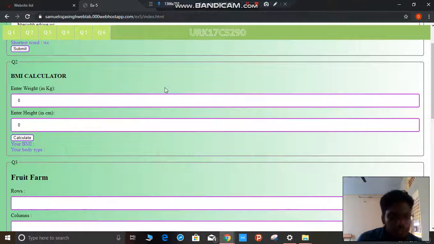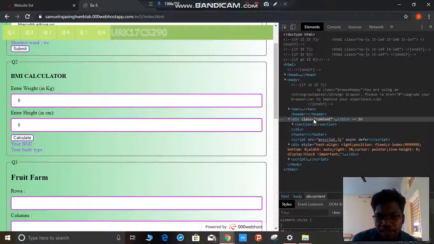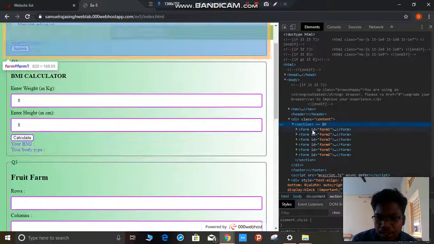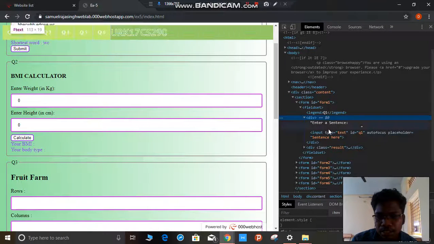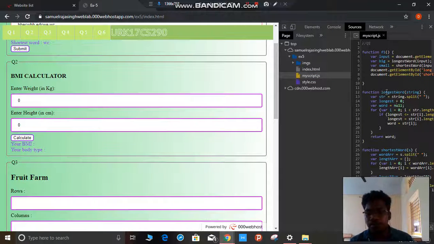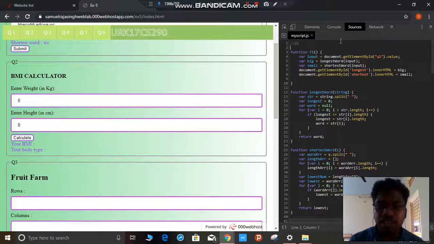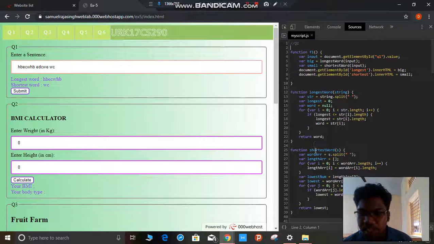So I have implemented it using a JavaScript function right here. So this is my form 1 here, and I'm getting the sentence and I'm passing it on here. So I'll show the JavaScript code in which I'm doing all this stuff. So you can see here I'm having a function f1. On button click, what I'm doing is getting the sentence in there as the input. Then I'm taking the big and small, finding it and using the longest word and shortest word functions, and I'm